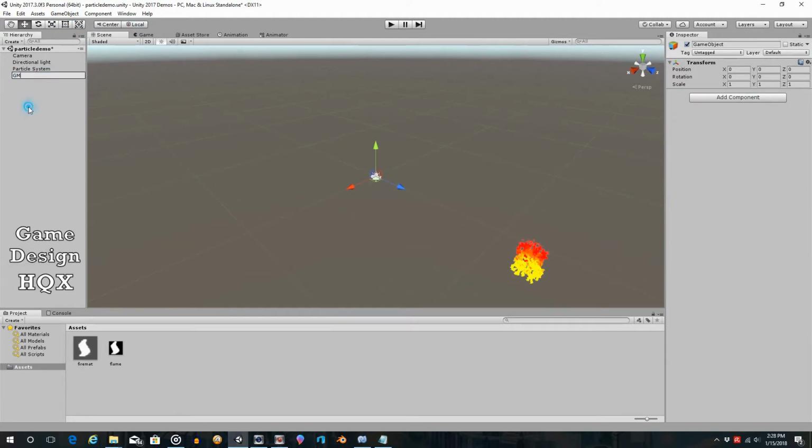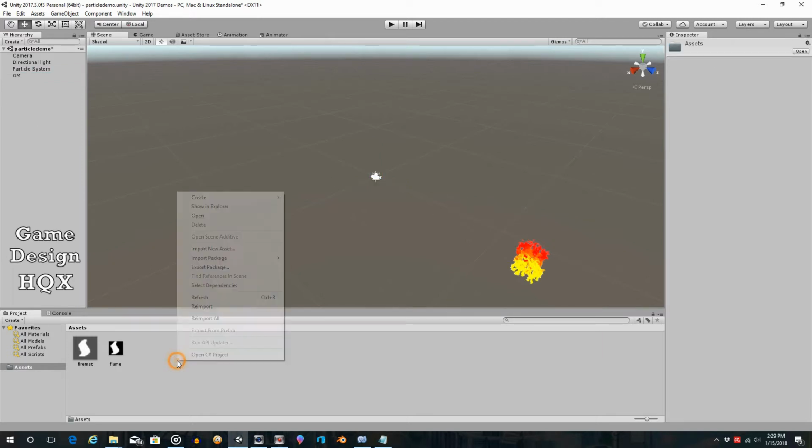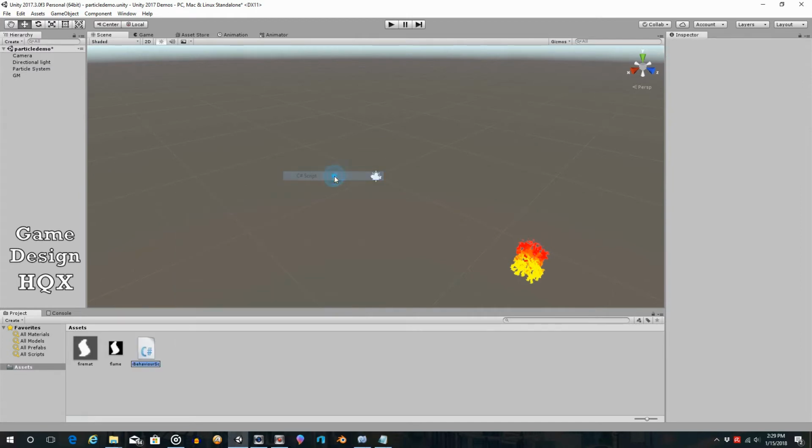And just like a DM in a role-playing game, the GM is really used for collecting various functionality that really isn't necessarily associated with any one object so much as associated with a group of objects, or you want to coordinate across objects. So yes, you're changing one object, but you're really changing it to synchronize with other objects, that kind of thing. So what we need to do is we need the GM object to be aware of this object. So what we're going to do is we're going to right click, create C#, and we'll call this,